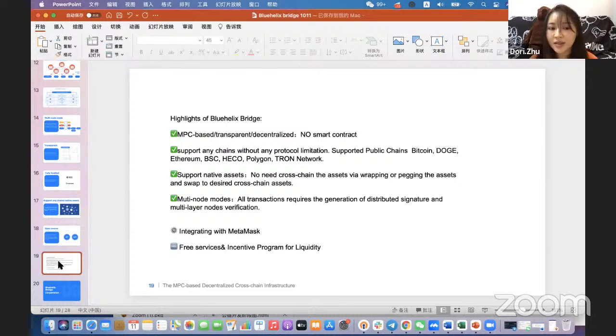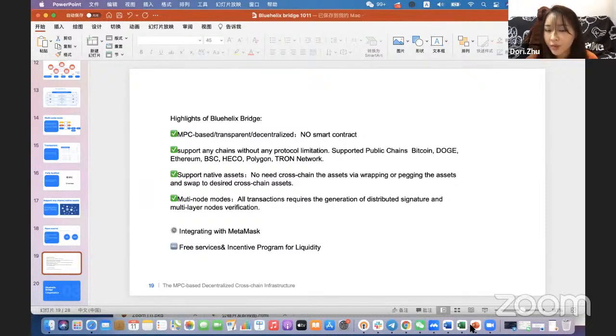So you can see that we are totally MPC based, transparent and decentralized. No smart contract, so no smart contract attacks. No issuing of any new assets, so no issued assets can be attacked by hackers. We support native assets and support any chains without any particular limitation.